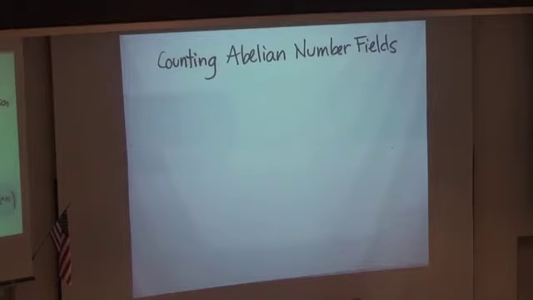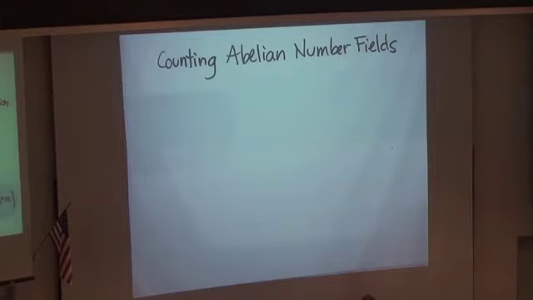So to count quadratic number fields, you could essentially just use the fact that you know what all the quadratic number fields are. They're given by their discriminant. And except for some issues at 2, the discriminants are essentially the square-free integers, so you need to deal with some things at 2, but essentially it comes down to counting square-free integers, which Bjorn did for us. But I'm now going to do it a harder way,